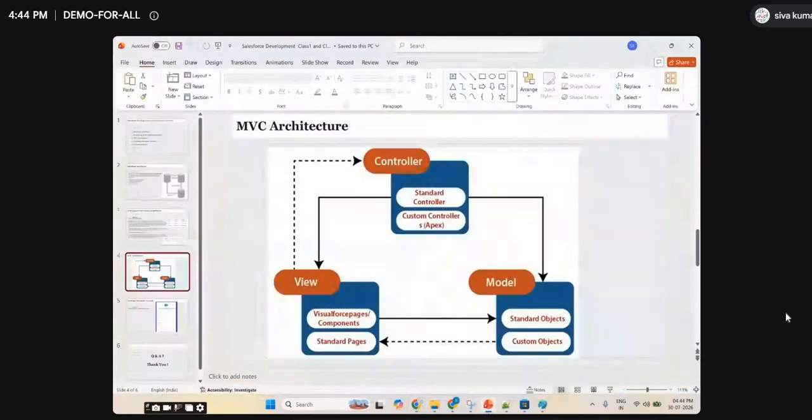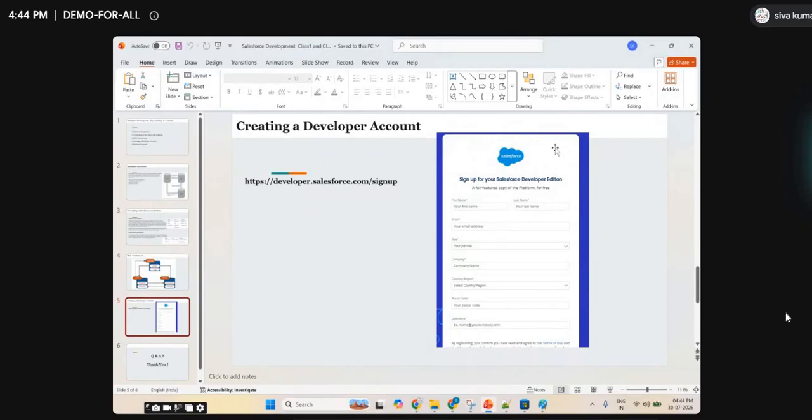Are you able to understand this concept now? Yes, model view controller. And we already created this Salesforce org, right? Yes, sir. So now we understood cloud computing. We understood CRM. We know how normal software is developed, and how development starts in Salesforce with sandboxes. And we know what model view controller is. We already have the Salesforce org ready now. So now we are ready to go.